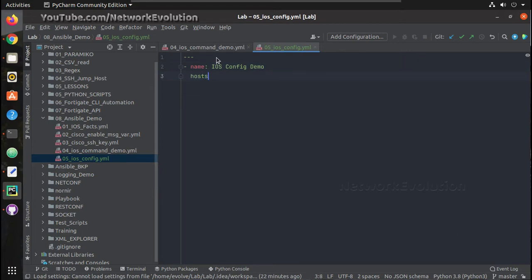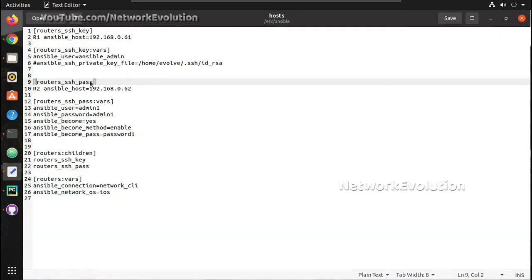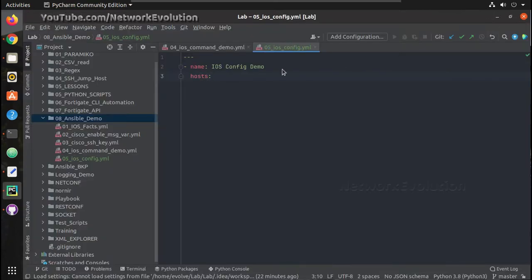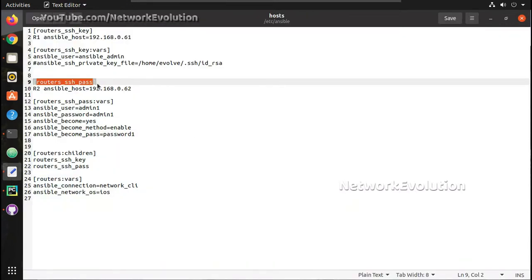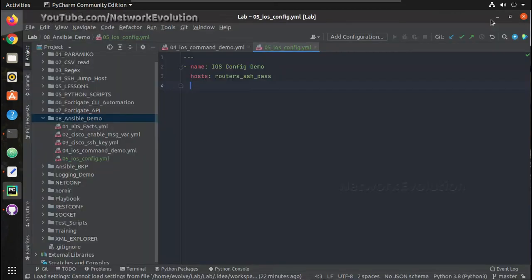Then hosts. The hosts are going to be routers SSH pass, so I'll be using this group. All these things I have explained in the previous video. I'll be adding this video URL in the description and notification.